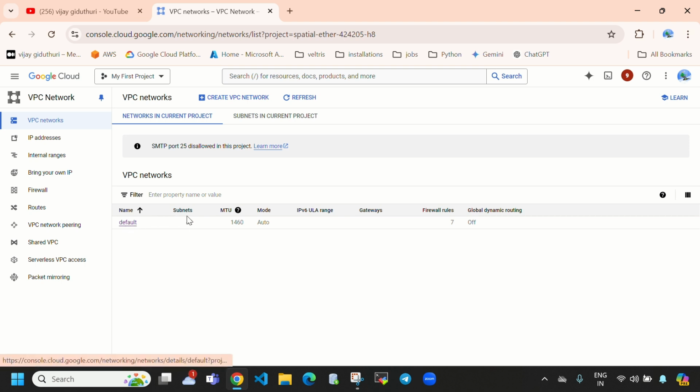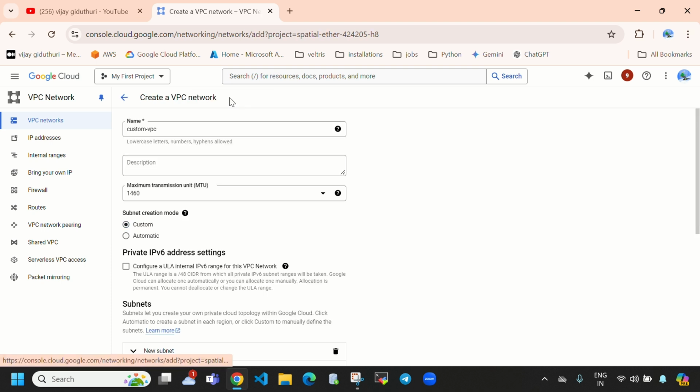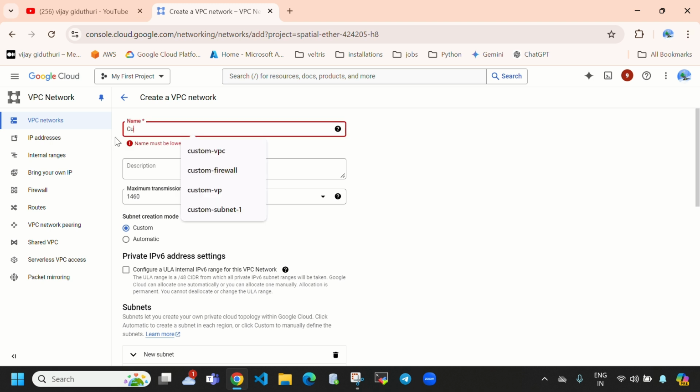In this VPC network we have 42 subnets. So this is the default one. So let's create a custom VPC network. Directly select here create VPC network. First we need to give the name of the VPC. Here I'm giving the name like